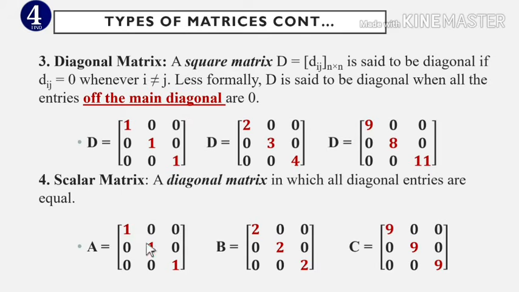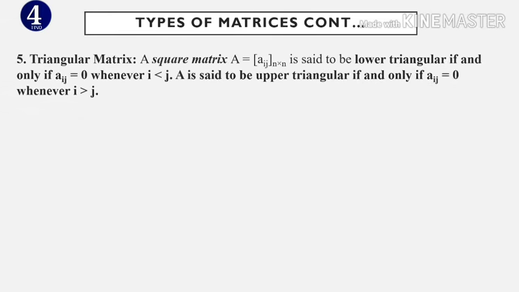እና በሙሉ ከሱ ውጪ ያሉ ከዲያጎናል ውጪ በሙሉ ዜሮ መሆን እንዳለባቸውም አትርሱ። The other type of matrix is a triangular matrix ይባላል። A triangular matrix ስኩዌር ማትሪክስ ነው ግን ከስኩዌር ማትሪክስ ውስጥ ደግሞ የተለየ የራሱ ባህሪ ያለው። ሶ ስኩዌር ማትሪክስ ማለት ያው n by n የሆነ aij ኢንትሪዎች ያሉት ማትሪክስ ነው ግን